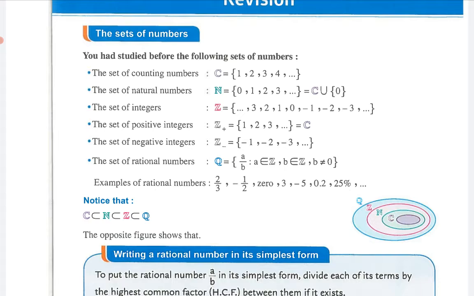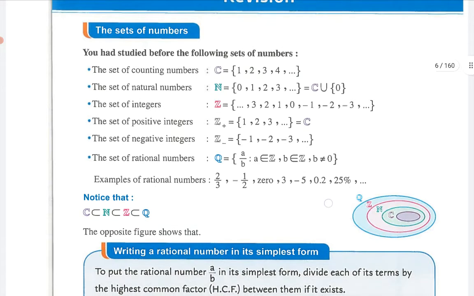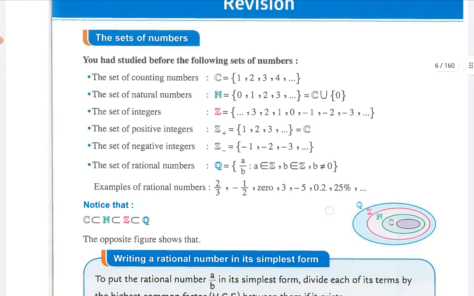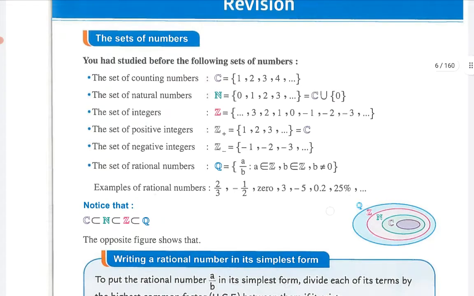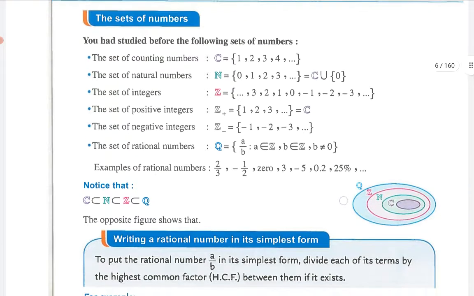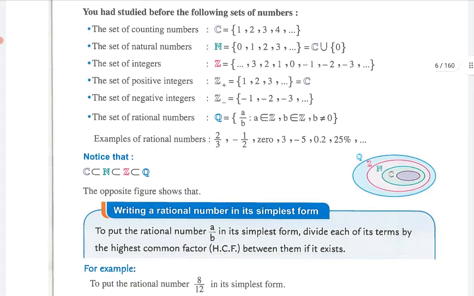Examples of rational numbers: 2 over 3، أي fraction عندي rational number، negative 1 over 2 or negative half، 0، 3، negative 5، 0.2 اللي هي decimals، 25% اللي هي percentage. واضح عندنا من